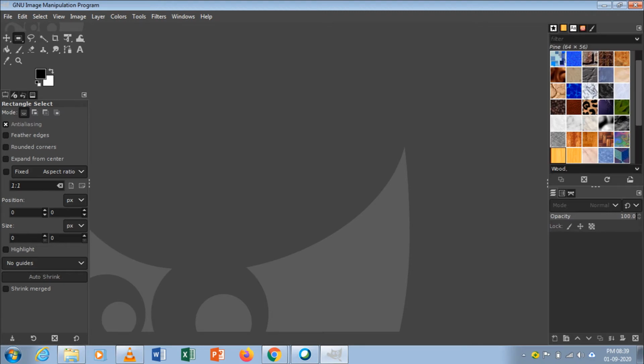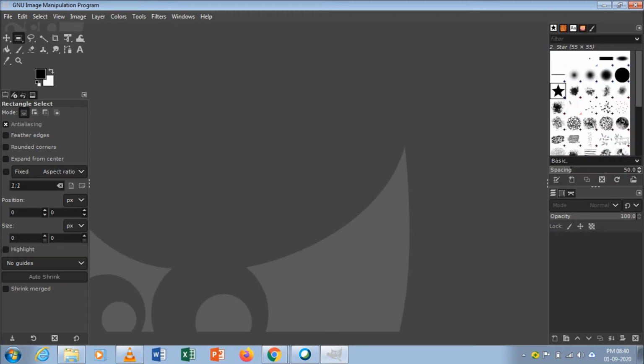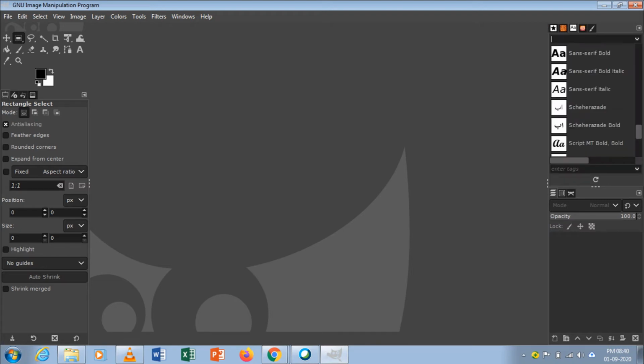And then if you want to see an image already saved, that also you can see. And these are the shapes. Star shape is there, no? If you want to change the font face, that is also possible using the tools. Okay, font tool. Right hand side you have the patterns option, brushes, a variety of brushes, and then shapes, font.